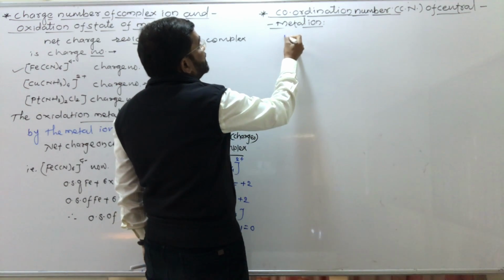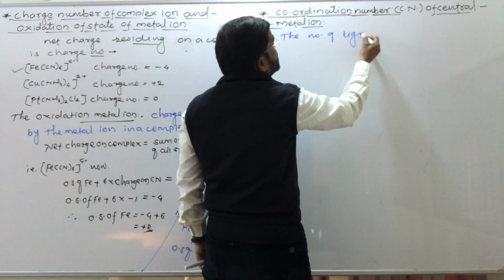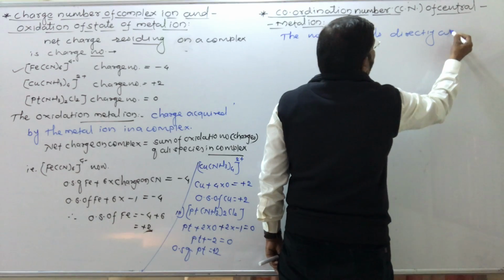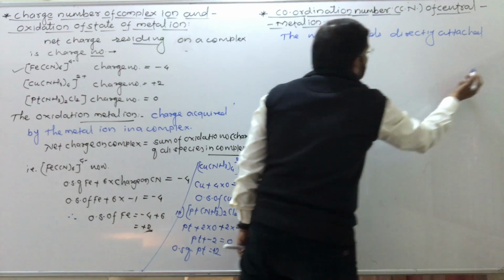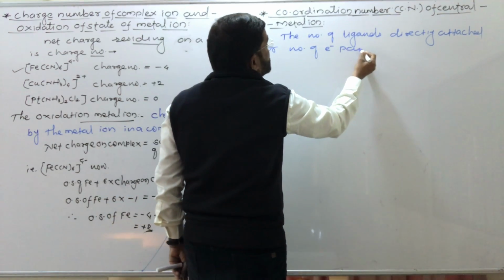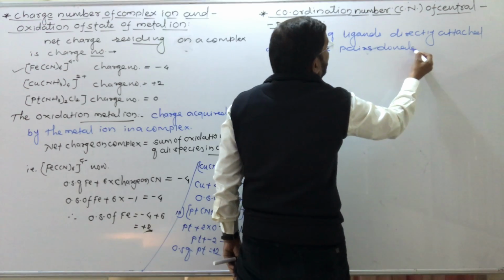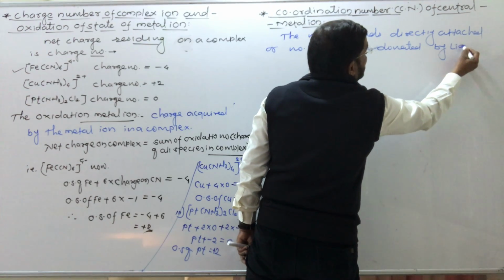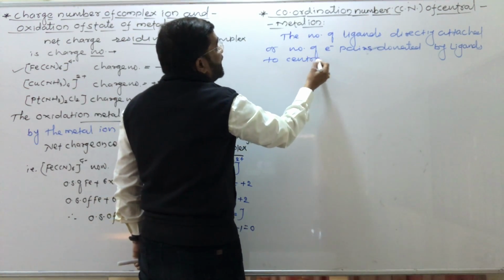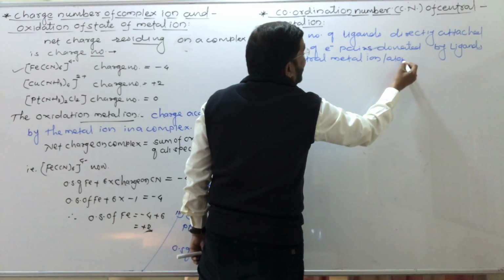See, the number of ligands directly attached, or number of electron pairs donated by ligands to the central metal atom, is called the